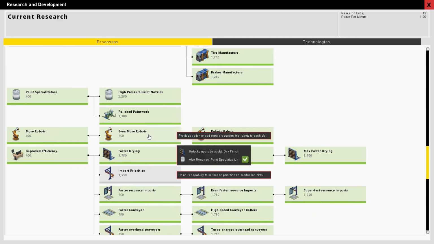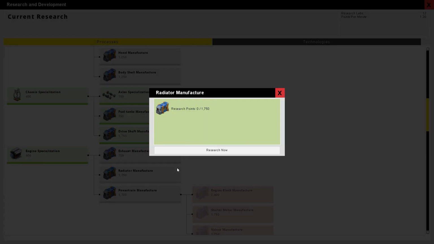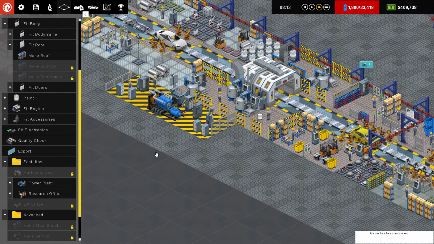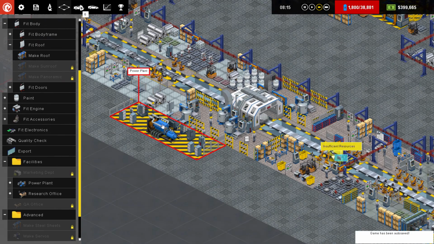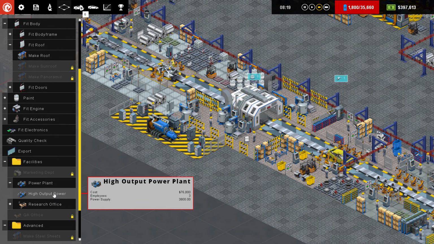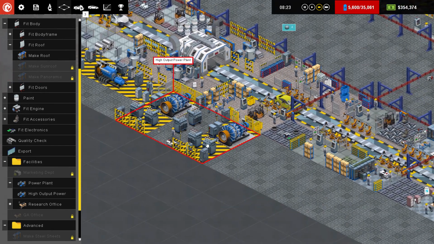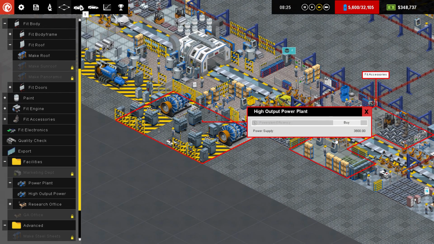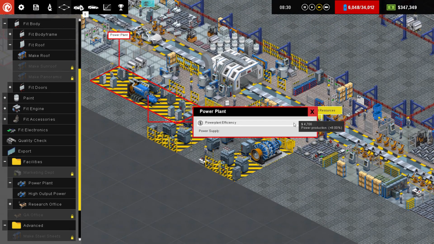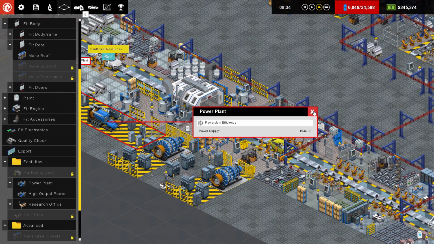Let's go. Radiator, sure. Let's go ahead and slow it down again, just because, like I said, when I'm trying to build and think, especially when I'm trying to talk out what I'm doing, it's confusing. Oh, there's a high output power. Well, shit. Should have built that instead. I'm an idiot. I probably should have actually just sold that and put in the high power, but...